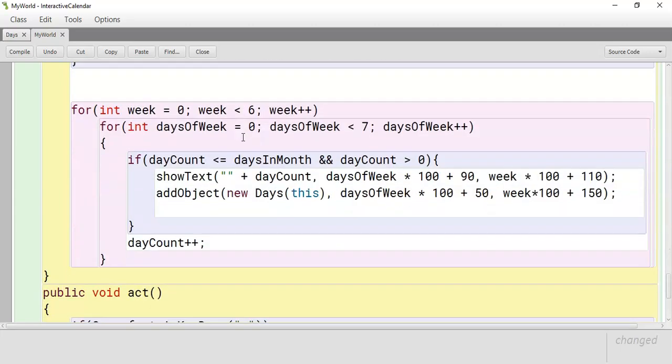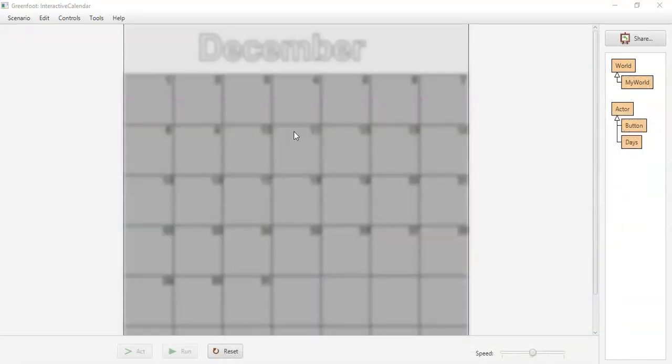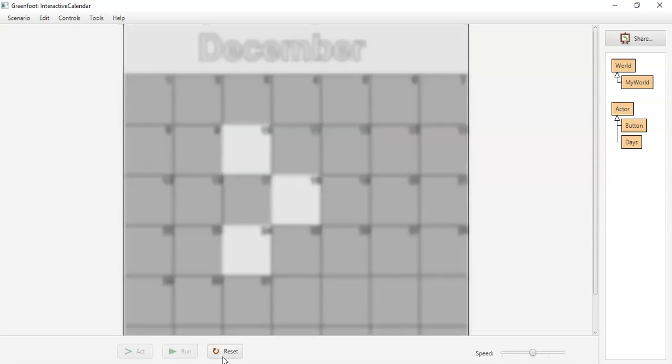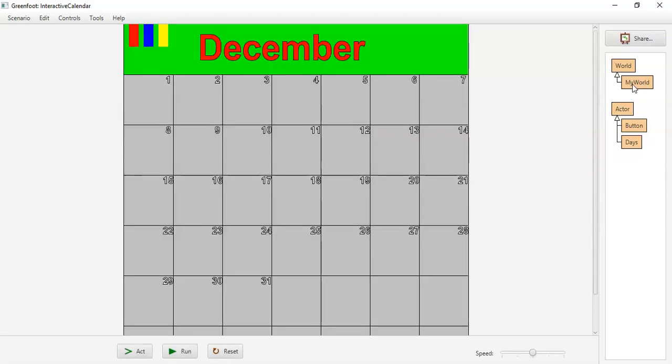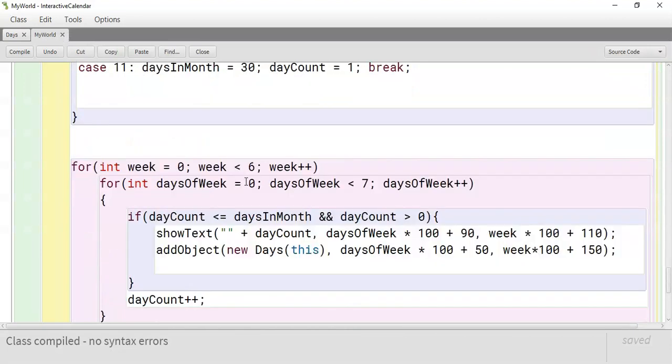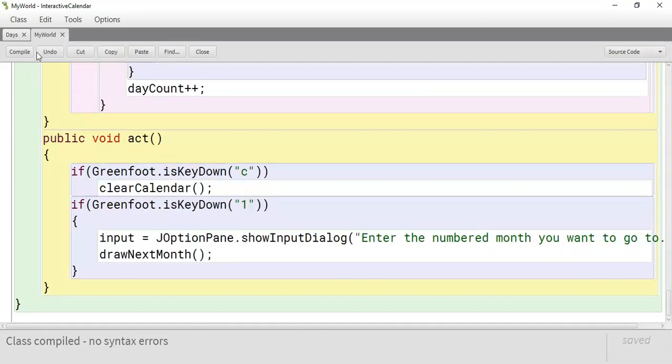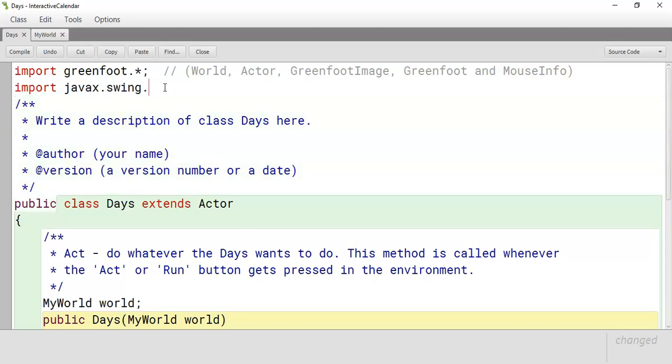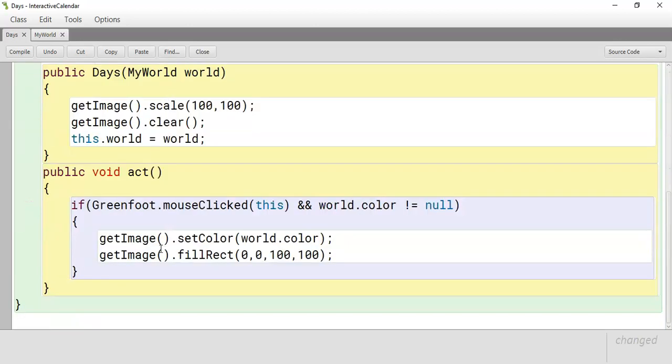So now we want to put input onto each day so that we can actually click on a day and not only highlight it like we've been able to do before, but also add a little note on what's going on that day. If we use that same JOptionPane, we can go into Days and import javax.swing.JOptionPane, and we can say